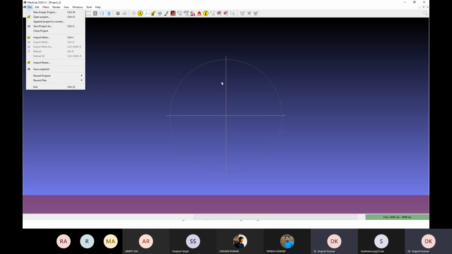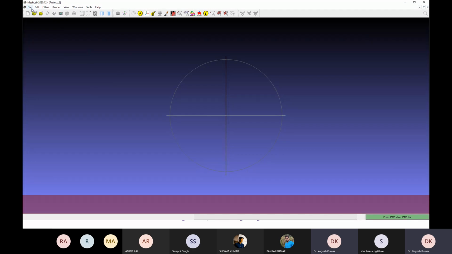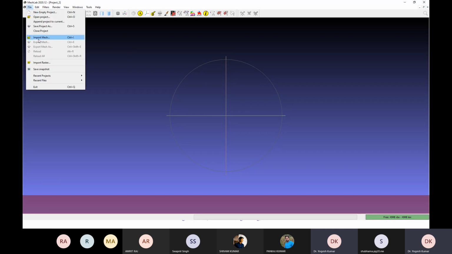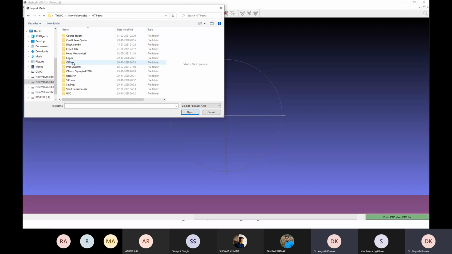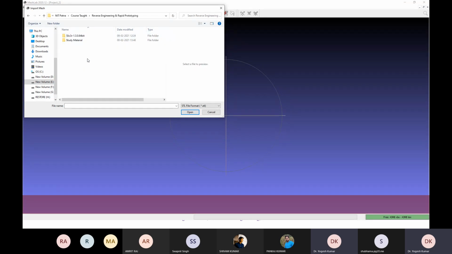Okay, so as soon as we open this MATLAB application, this is the algorithm especially for repairing your STL file, if your file is having any issue, so any repair is needed. So select import mesh, and you can see there are a lot of supported files. You will select STL file, and you go to your parent directory where you have saved your